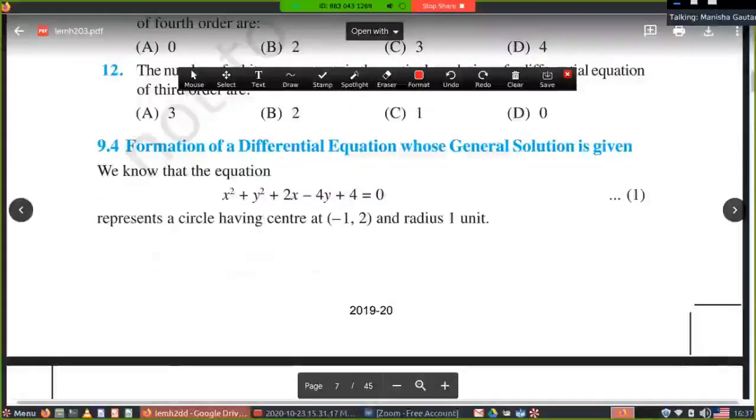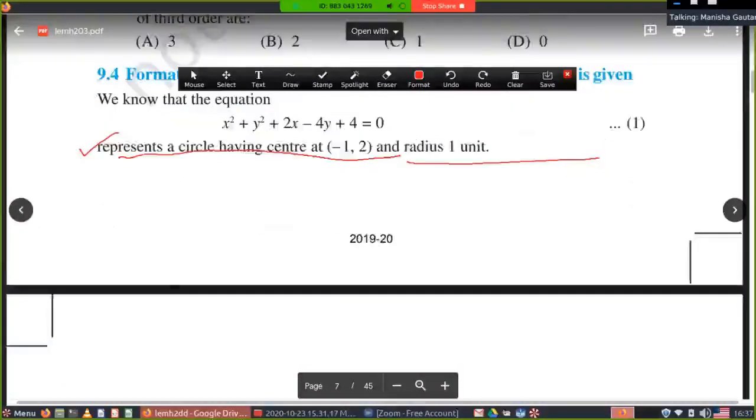Now next is the exercise which is formation of differential equation. In the previous exercises, we have done the questions when the differential equation is given to you, and then how to solve the given situation. Now here first you have to form the differential equation. You have to form the differential equation whose general solution is given to you. Now, under the given geometrical condition, how to form the differential equation is a part of the next exercise.